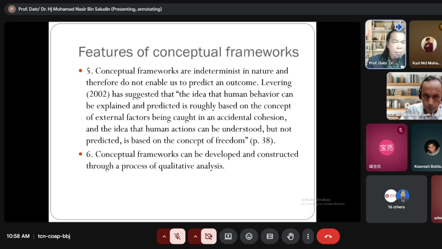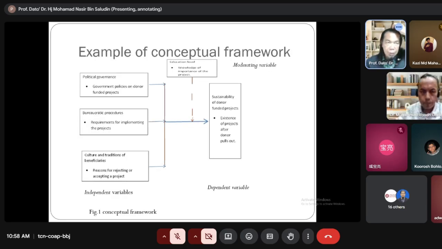Levering has suggested that the idea that human behavior can be explained and predicted is roughly based on the concept of external factors being caught in accidental cohesion, and the idea that human action can be understood but not predicted is based on the concept of freedom. A conceptual framework can be developed and constructed through the process of qualitative analysis. That is an example of the